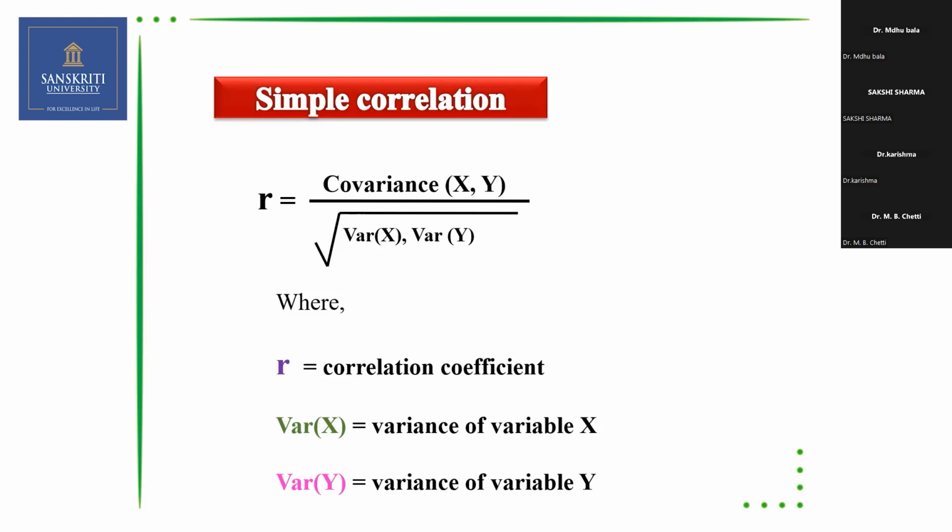To give you one example, there are two students in the class, X and Y. X alone is very good. Y alone is very good. But when they combine together, it could be negative. We do not know. That is what we mean by covariance: the variation between X and Y. The standard deviation of X means only X alone. Standard deviation of Y means the variance of Y alone. You are all teachers, you might have observed that when you talk about one individual person, they are very good, but in a group, they behave differently, negatively. That is covariance.